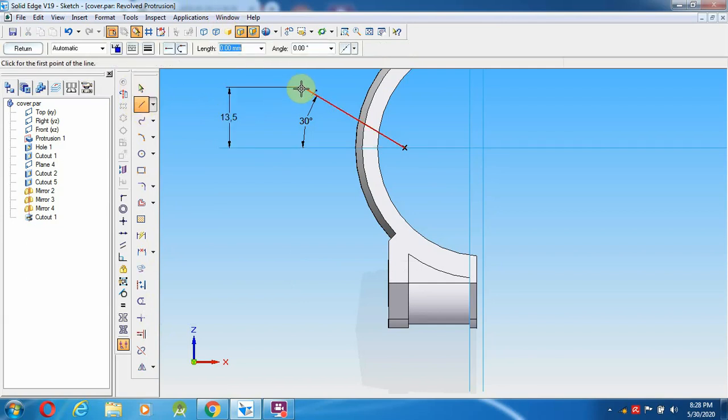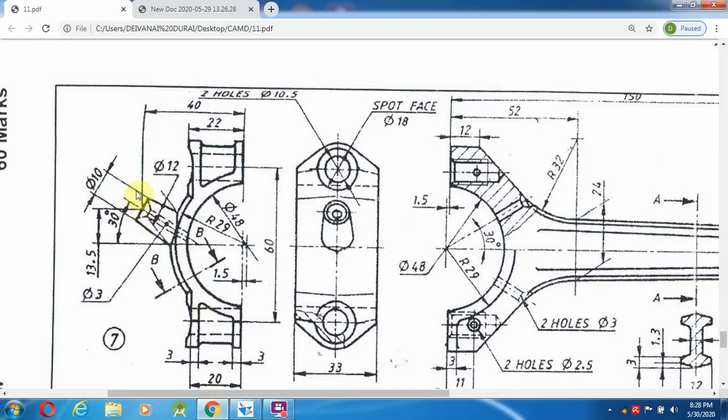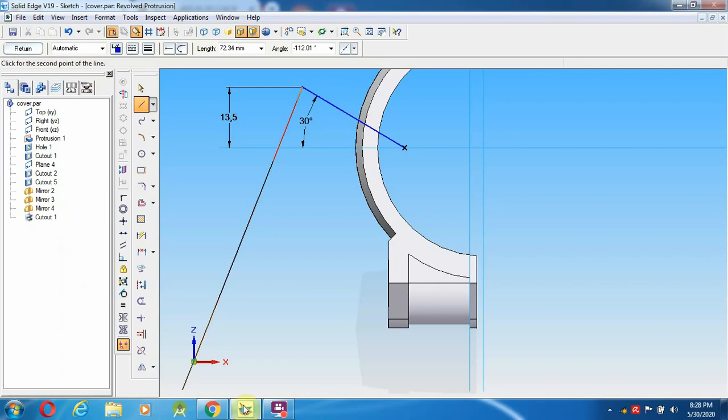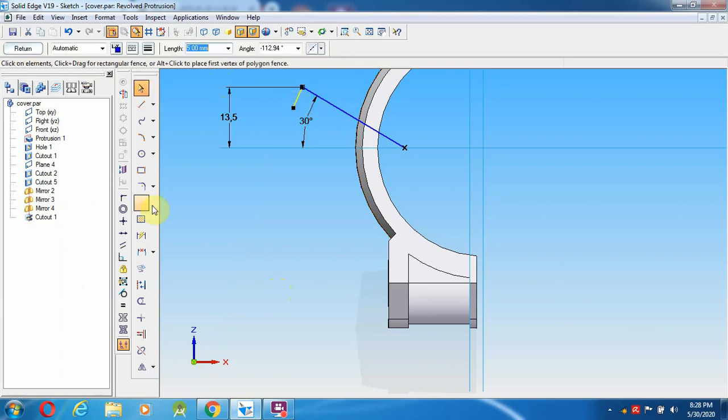Select a line from perpendicular, I think 5 mm, total is 10 mm distance. So 5 is 5 mm. So 5, enter, perpendicular to that. So this one perpendicular.